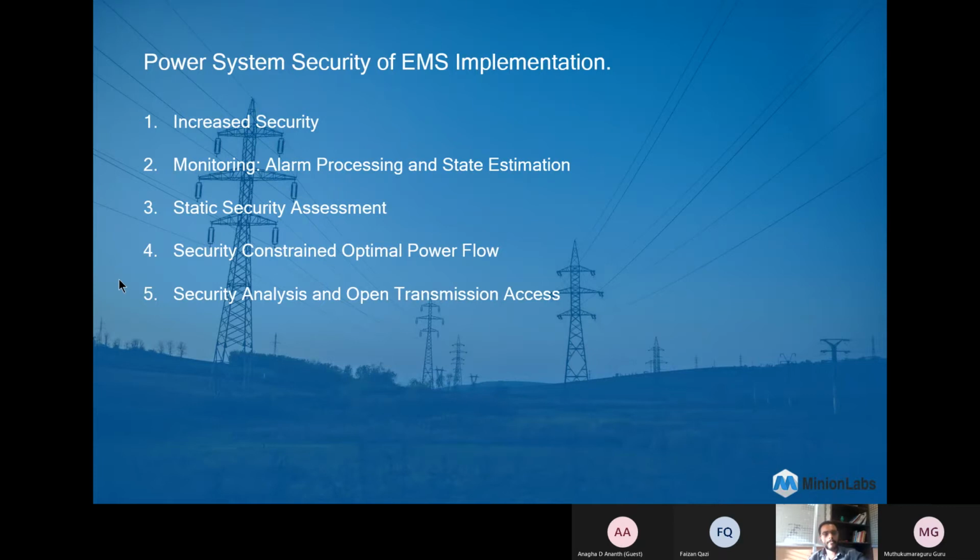So, security analysis and open transmission access. When the transmission system is to be operated as an open system, there is a different problem in maintaining system security. Firstly, there is a need to allow independent generating facilities to obtain access to the transmission system in a safe manner, without going through a third person. The maintenance of the transmission system should be more secure, so the security analysis should be done very frequently.